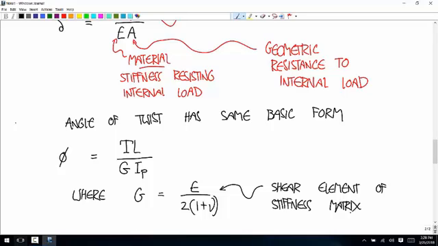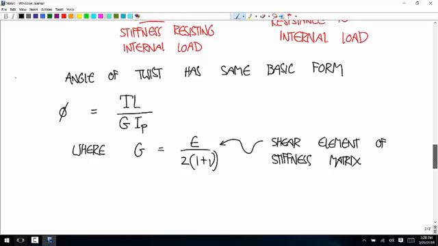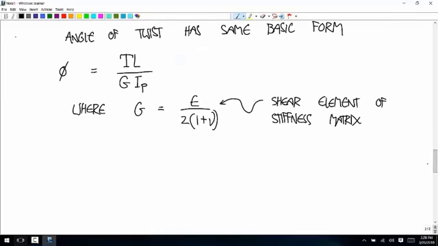We've used the compliance matrix more than we've used the stiffness matrix. And if you remember, the compliance matrix has shear elements of 2 times the quantity 1 plus nu over E. Well, stiffness is the inverse of that, so you're just going to get the reciprocal. Okay, so just notice that there's that relationship between the macroscopic deformation in torque and the macroscopic deformation in tension